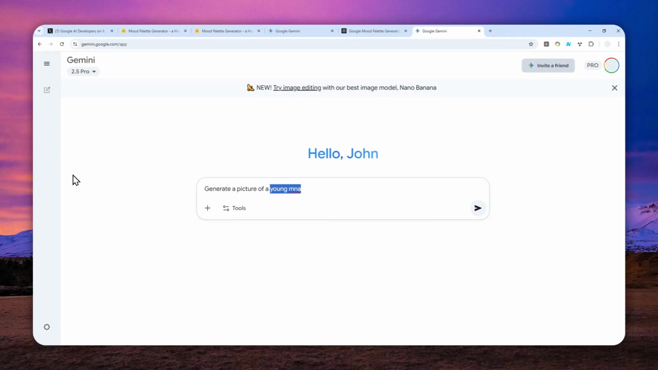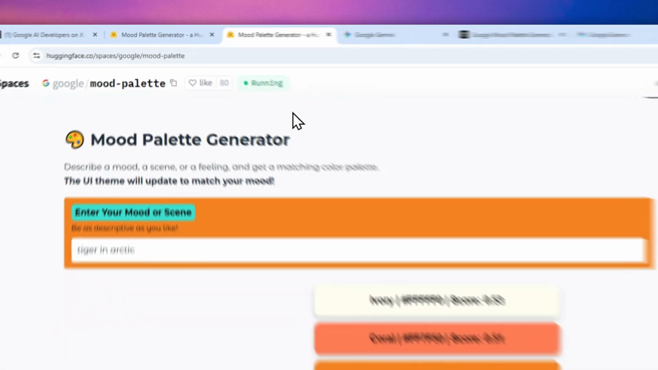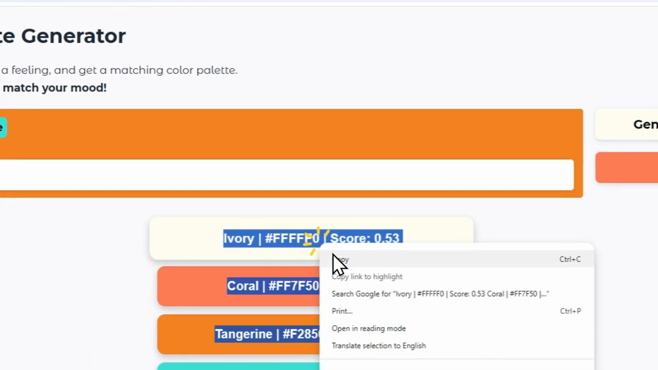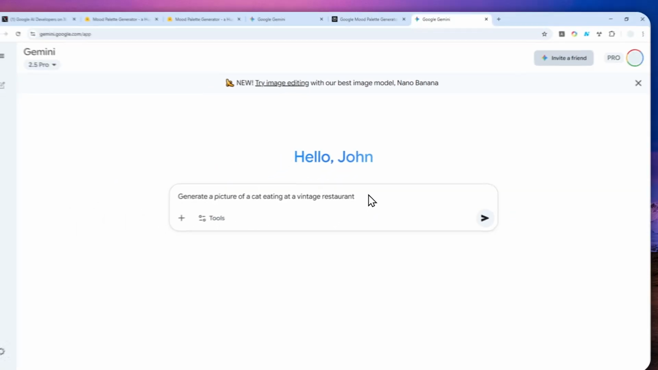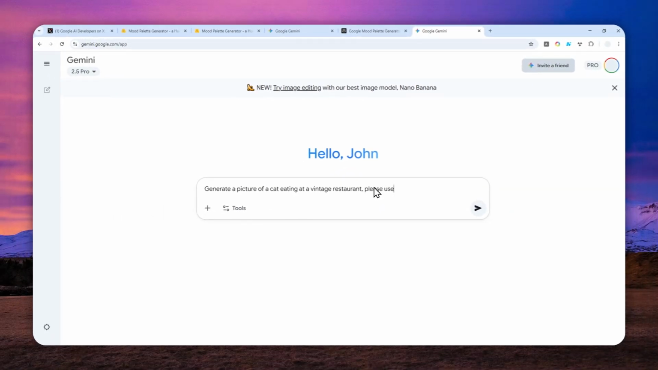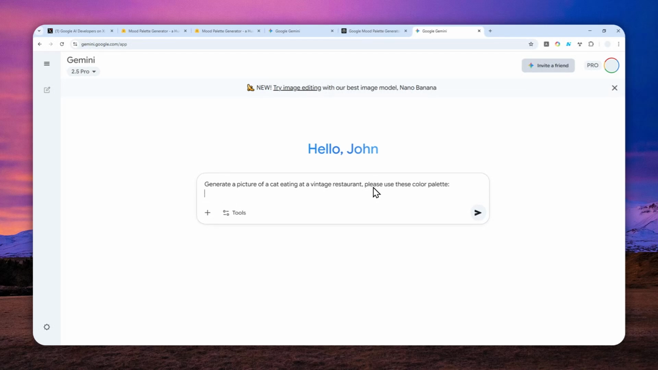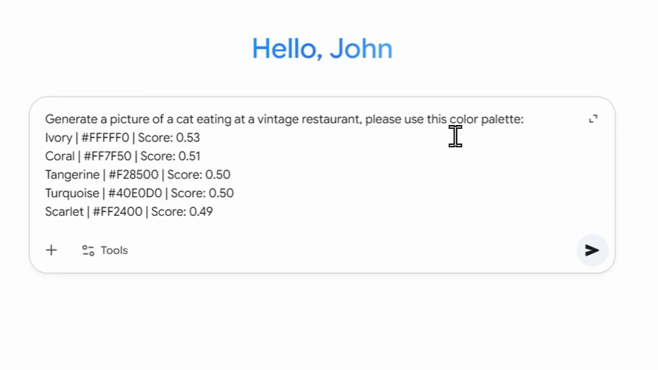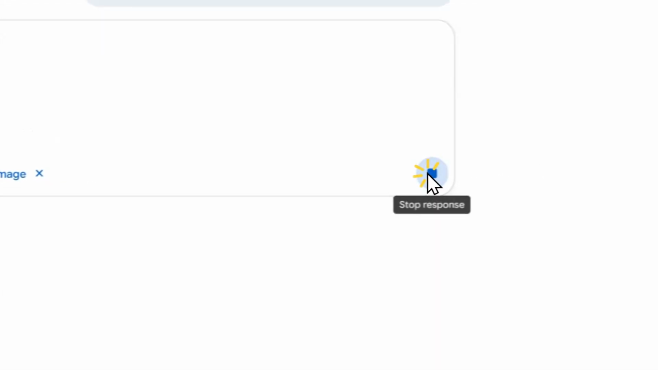You know what? Do not use the word young man. I'm going to be using the words a cat eating at a vintage restaurant. Okay, that's going to be my prompt. But I will use this color palette of a tiger in an Arctic, and I'm going to copy this. Just copy everything, and after that, I'm going to specify in Gemini that please use this color palette, and you can just paste the color palette. Sorry about that, let me just correct the grammar a bit, and click tools, click create images, and send the